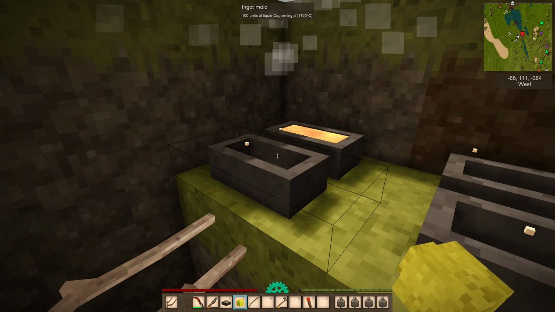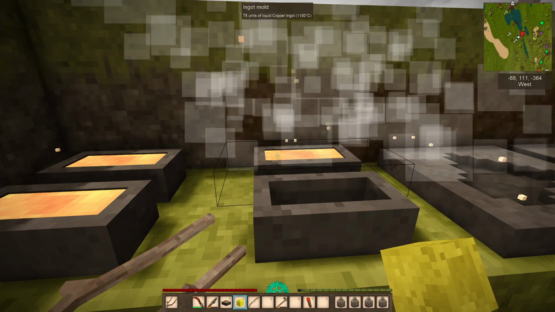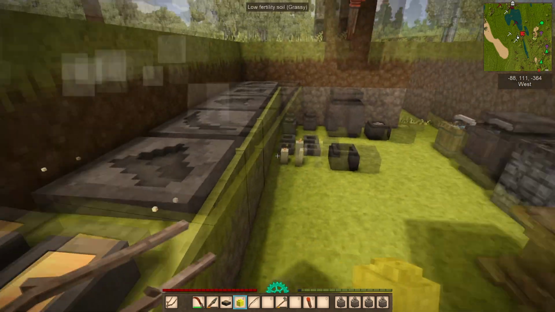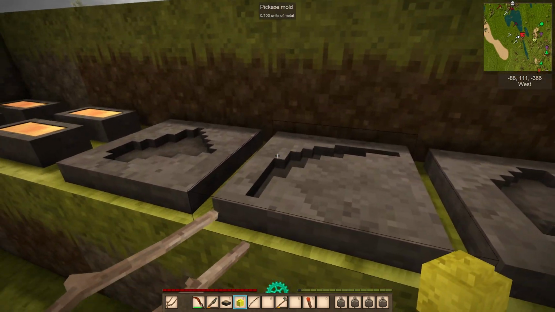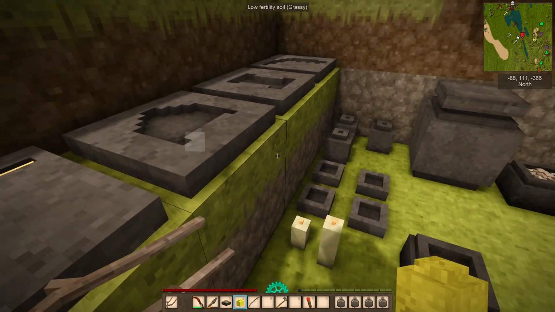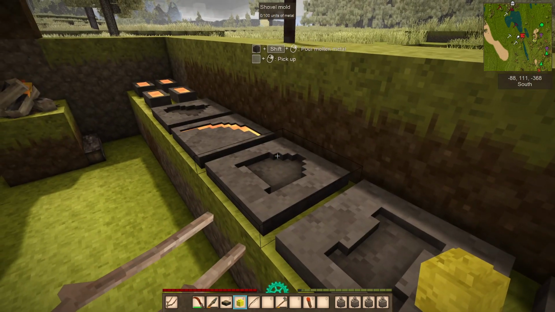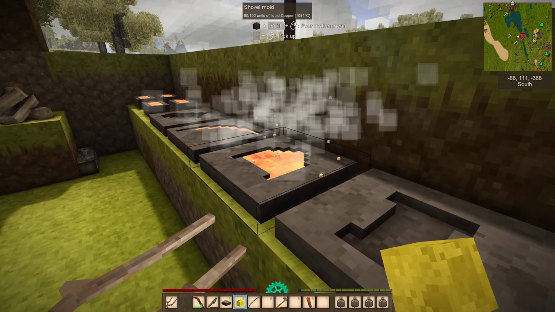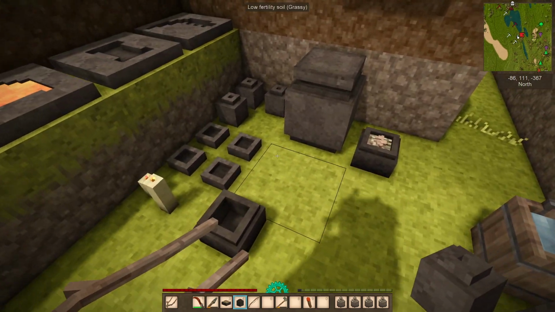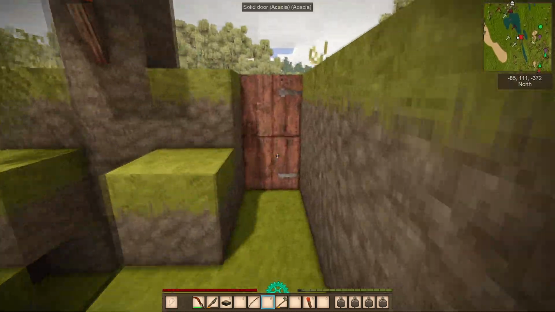Right, now we want to, 1, 2, 3, 4. I want another pickaxe. Good, and I want a shovel. Good. That's getting us into copper tools nicely. All right, so while these are cooling, and I am going to leave them to cool, I want to go